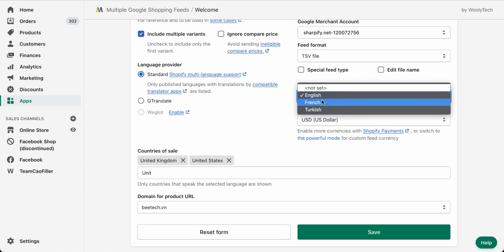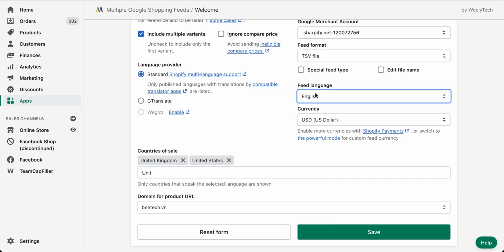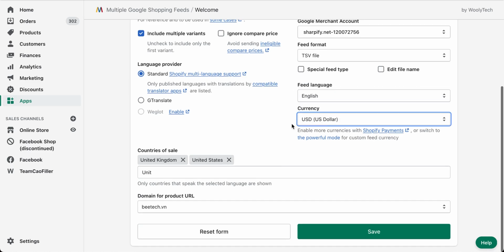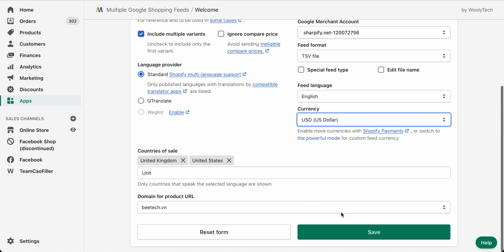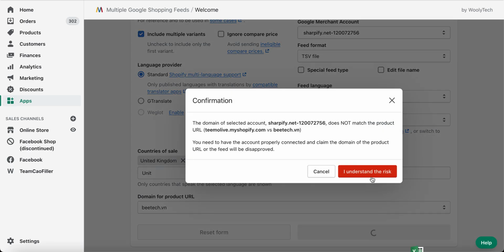Alright, the feed language. My store supports 3 languages, so I'm gonna use English, obviously. We only have USD in my shop, so I'm gonna just go ahead and use it. Okay.